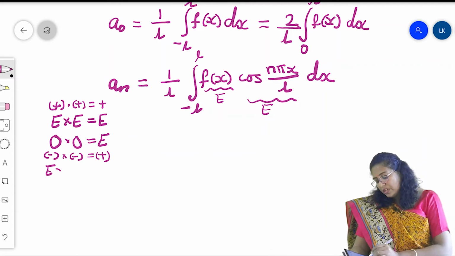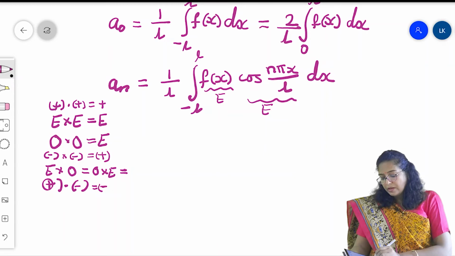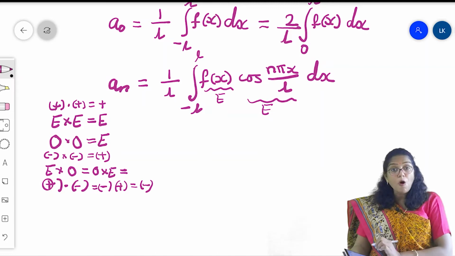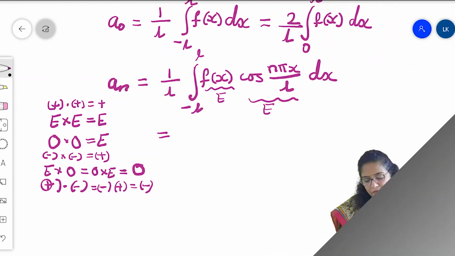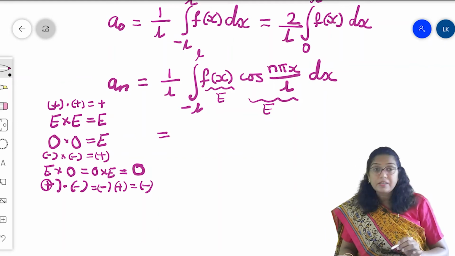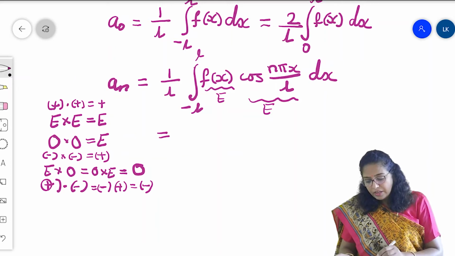What about even into odd and odd into even? If we don't know the answer, then use the notation plus into minus, or minus into plus. It is always minus. That means odd into even or even into odd is always odd. Okay. f(x) is even, cos is even, and the product of two even functions is even. Therefore,